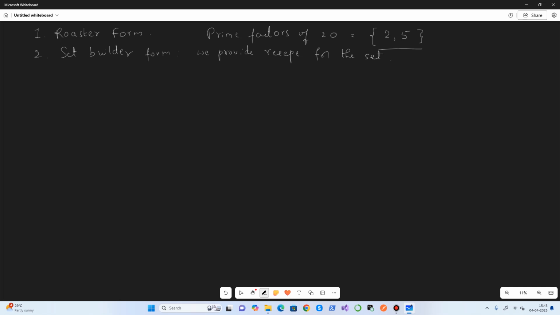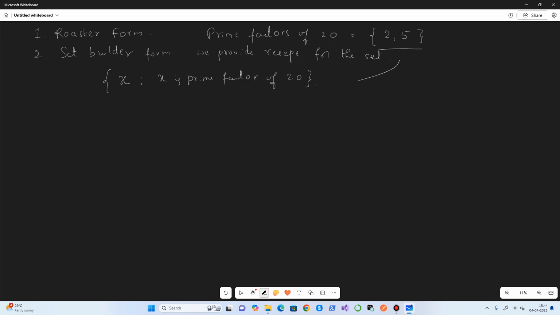For example, the prime factors of 20, how do we represent this in set builder form? I would say this is an element x, which is a variable, such that x is a prime factor of 20. So this is the set builder form, and we can convert it to the roster form by figuring out what elements are there inside this set.